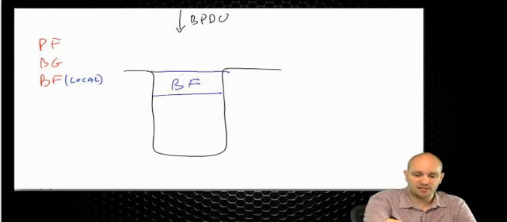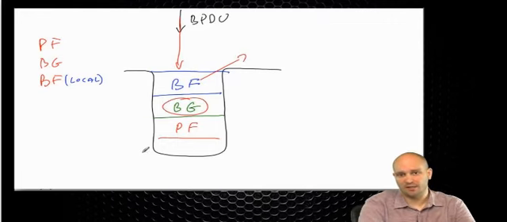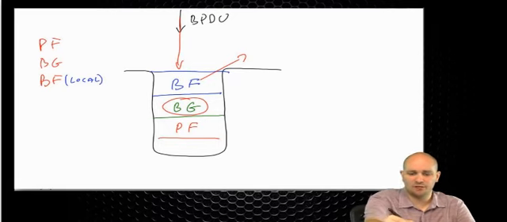The next feature that sits right behind the BPDU filter will be the BPDU guard, and then we have Portfast here, which means that the incoming BPDU will actually hit the filter, and this frame will be dropped before the guard is encountered,